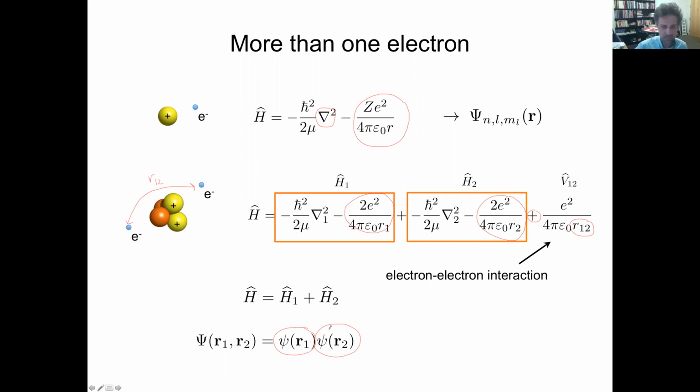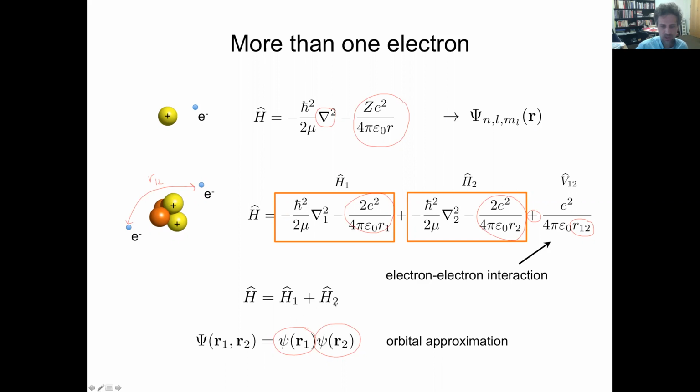The same form, except for Z, that is the nuclear charge, which now is 2, but everything else is the same. Okay, so if I substitute this one and put it in the Schrödinger equation, it turns out I get a beautiful solution, right? This is called the orbital approximation. I get a beautiful solution because wave function 1 and wave function 2 have nothing to do with one another. They are individual solutions of the Schrödinger equation, and therefore, since the Schrödinger equation is just the sum